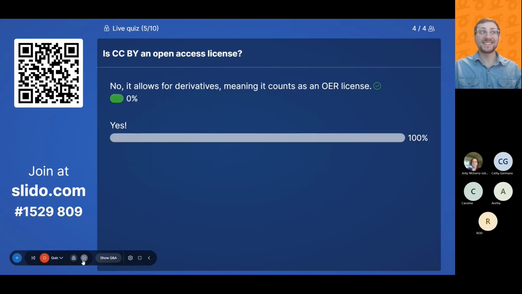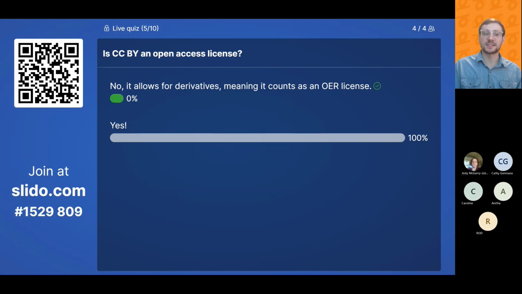Yes, it's actually no. So CC BY allows for the creation of derivatives, and that means it's OER, Open Educational Resources. If you have the ND, so CC BY ND, that means no derivatives, and that is usually what counts as open access. So open access means that you can share the work freely, but you can't modify it. When you modify it, that's OER. So that's a tough question for sure.